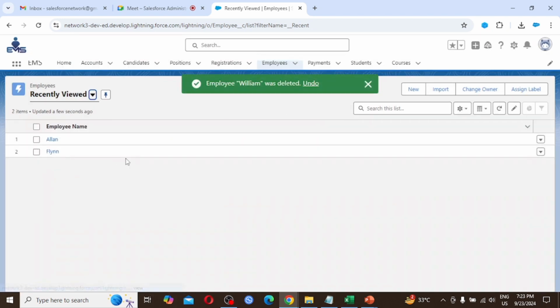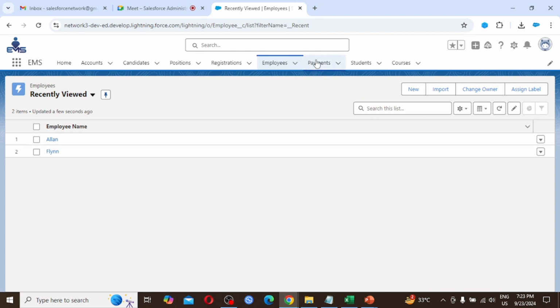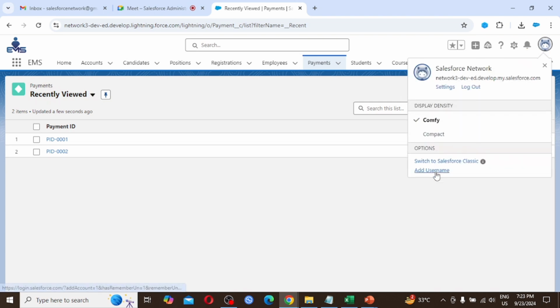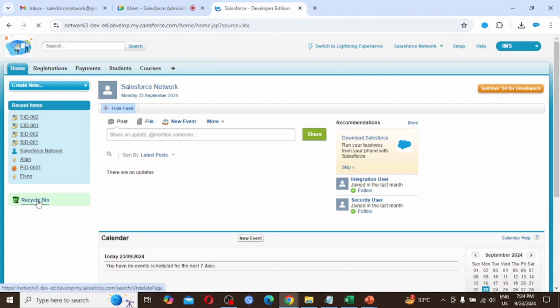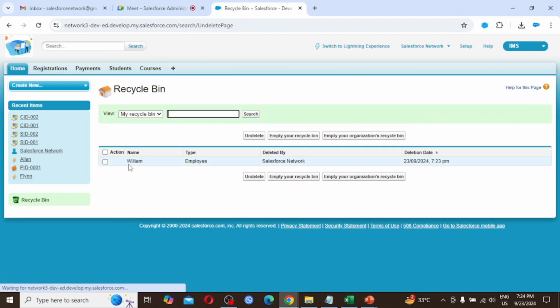So William is deleted. If I come to payment, automatically the PID 003 record is deleted. So if I want to see that record, is it available in the recycle bin or not? Simply I have to go to profile, switch to Salesforce Classic View, click on recycle bin. So we are seeing the employee name William and the type is employee,